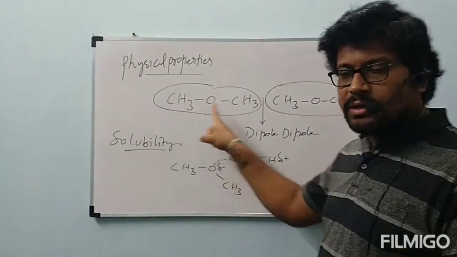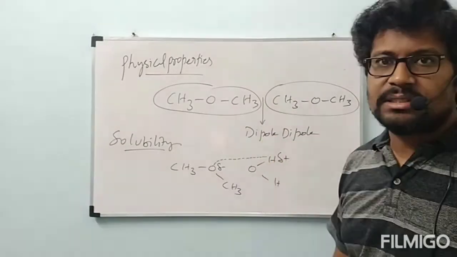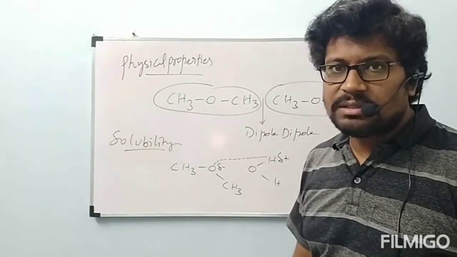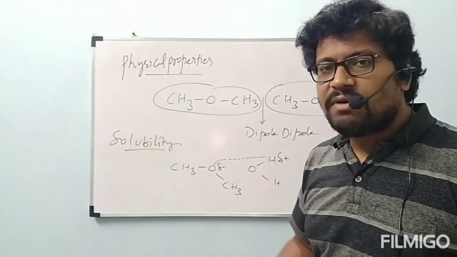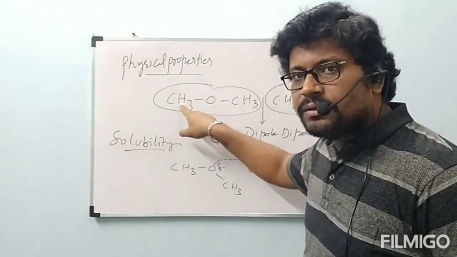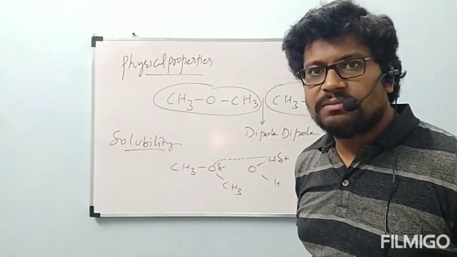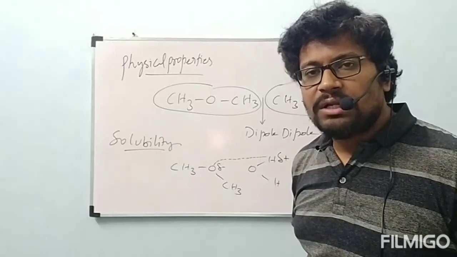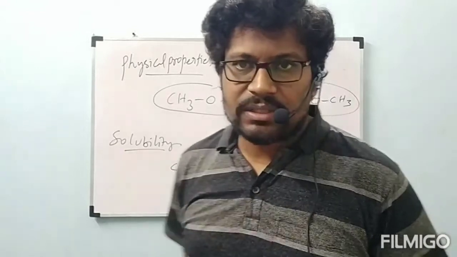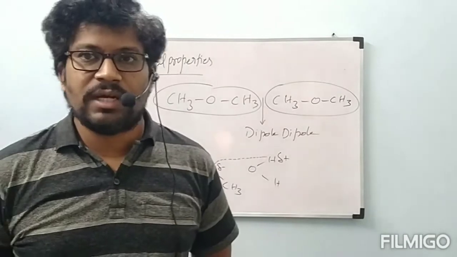Between ether molecule and ether molecule, there are dipole-dipole attractions, because even though the ether molecule has the highly electronegative atom oxygen, the other condition for formation of hydrogen bond is that hydrogens must be bonded to a highly electronegative atom. So what are the conditions for the formation of hydrogen bond? Those are, that molecule should contain a highly electronegative atom like oxygen, fluorine, nitrogen, and hydrogen must be bonded to a highly electronegative atom like oxygen, fluorine and nitrogen.